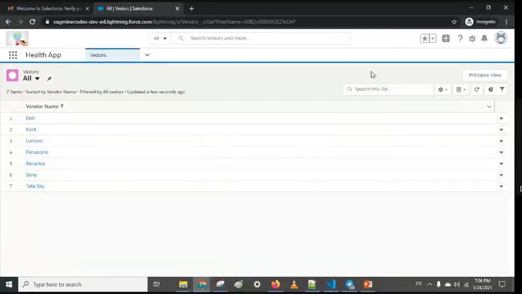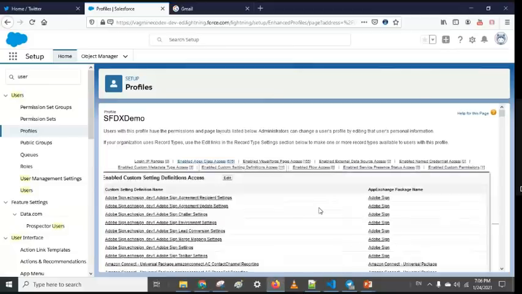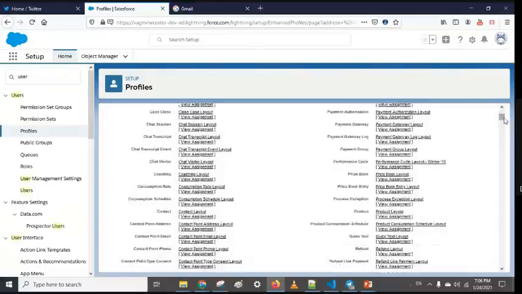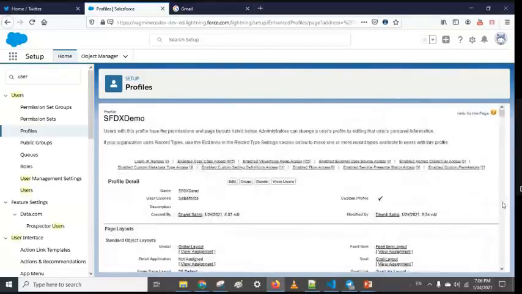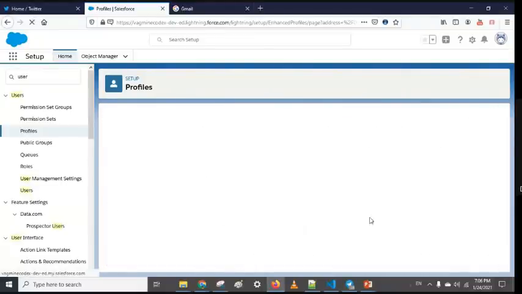Now you can see all those buttons related to create, edit, and everything are now gone from this screen. So it's actually being controlled by that profile. After that, let's change it back to the same setting, and then we'll see the edit access or the field level access.